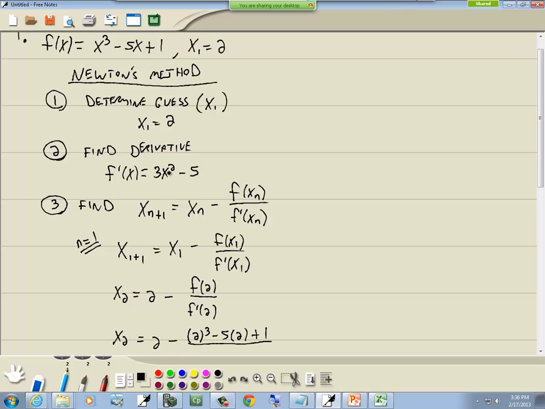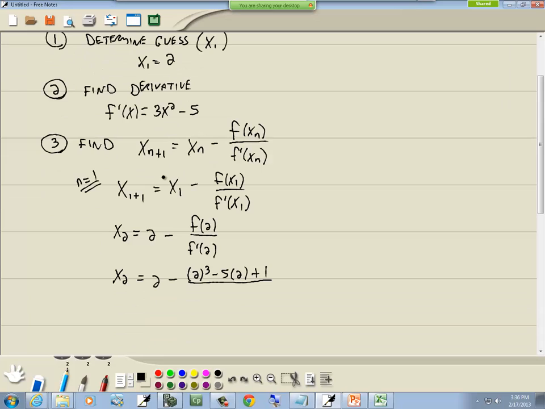So we're going to plug 2 into our derivative. So we're going to have 3 times 2 squared minus 5. Now 2 to the third is 8. Negative 5 times 2 is negative 10 plus 1 over 2 squared is 4 times 3 is 12, so 12 minus 5,